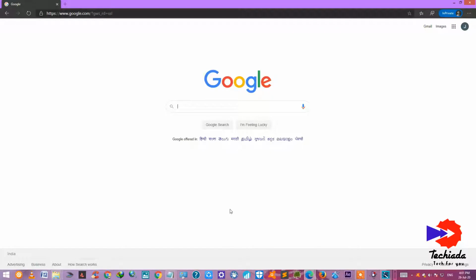So today we will see how to use a temporary mail ID. Sometimes if we need some contents from some websites, we will be asked to enter an email ID and a new password for that particular website. Some of us will not be interested to use our personal email ID, so that we will not be getting junk mail all the time. So the better option for this is you can go for a temporary email ID.